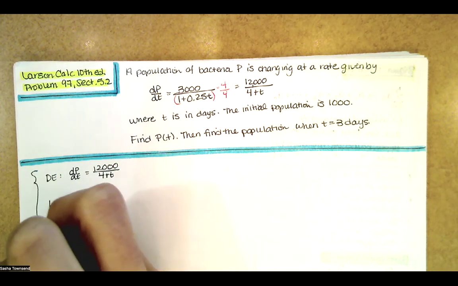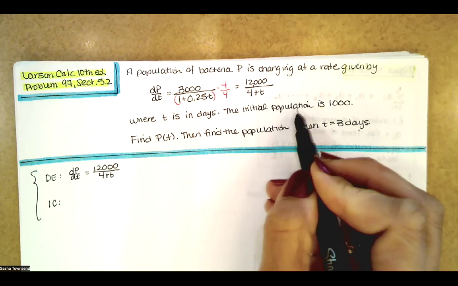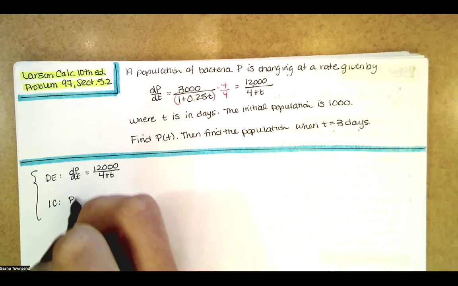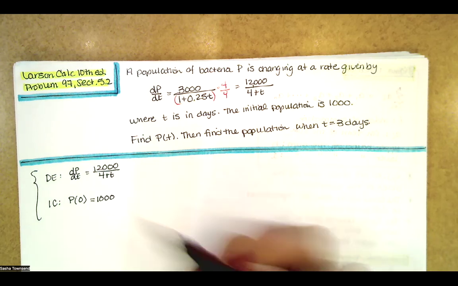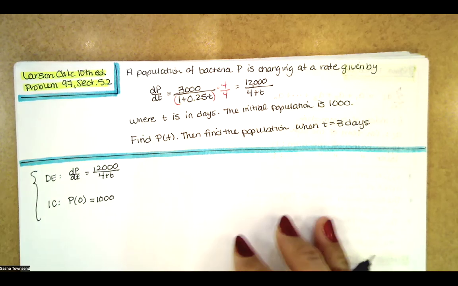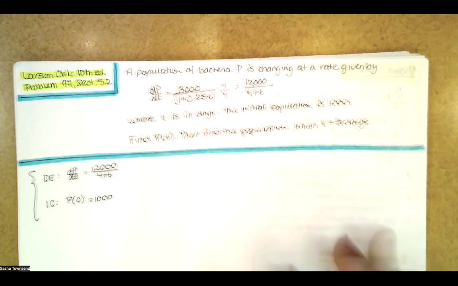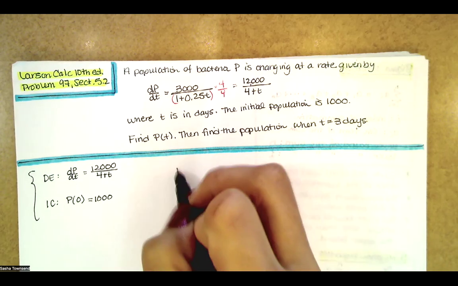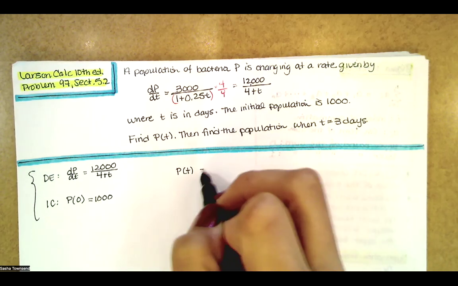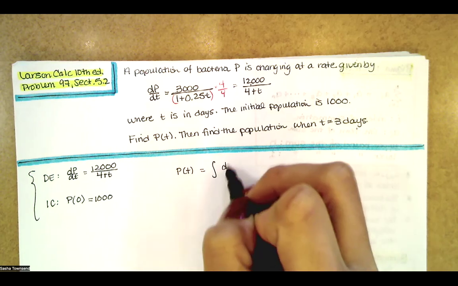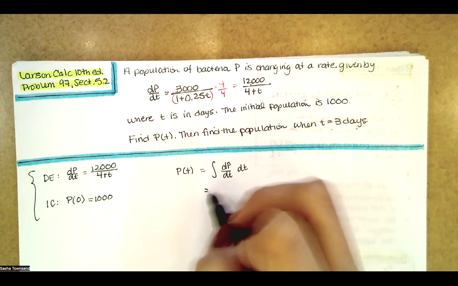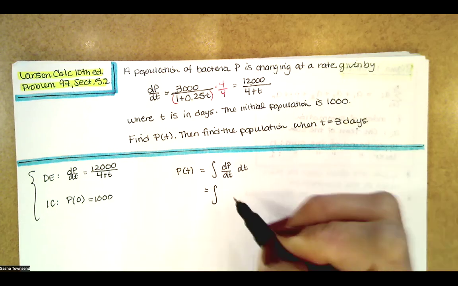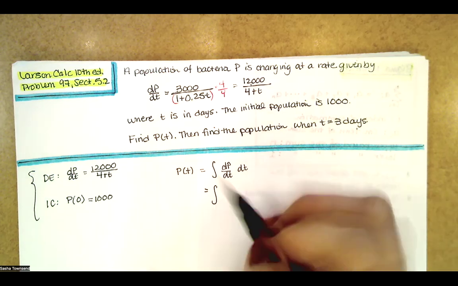And my initial condition is that the initial population is 1,000. That means at time t equals 0, so at 0 days, there are 1,000 bacteria. Okay, so you're trying to find P and you have the derivative. Well, how do you find P if you know the derivative? You just take the antiderivative of the derivative to get the original function back. So we'll do that. The derivative of P of t is this 12,000